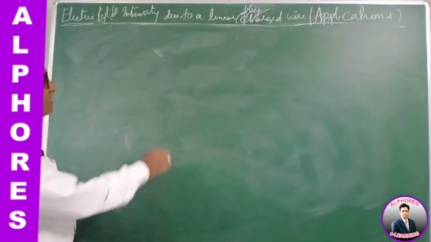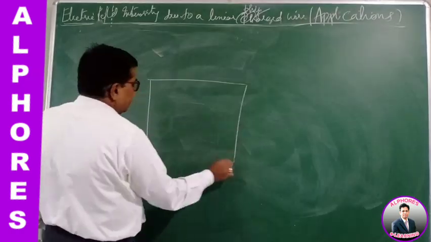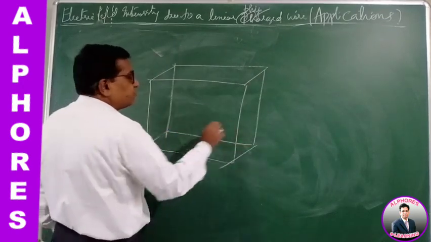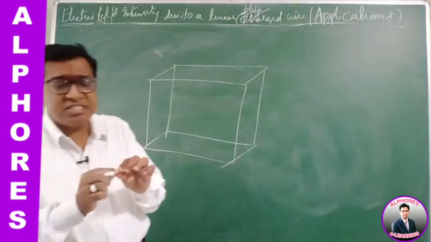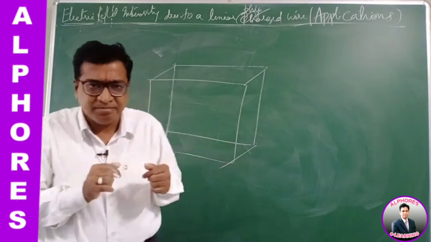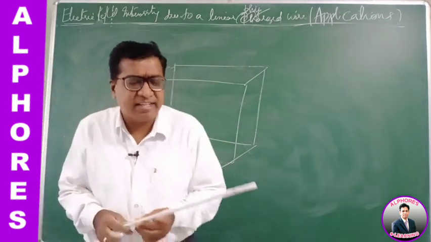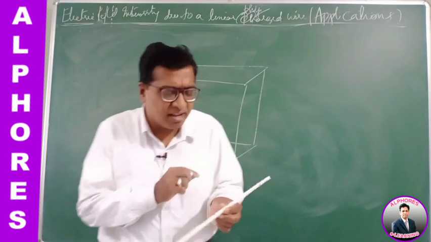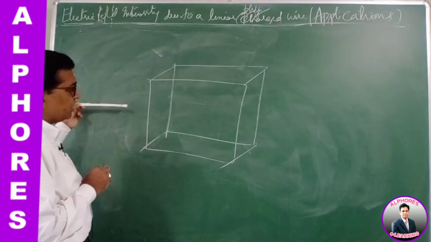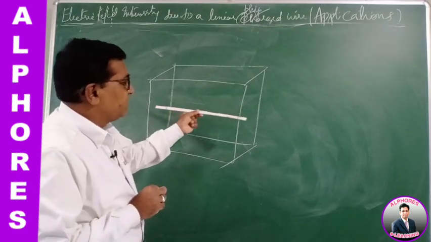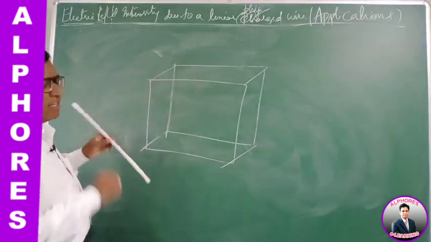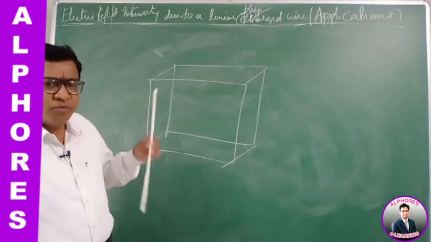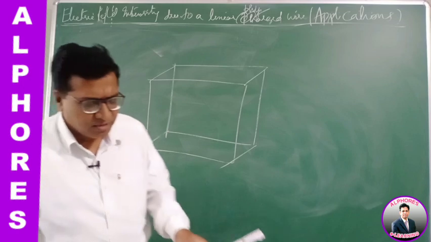In one of the entrance examinations, a theoretical question was asked: a uniformly charged thin glass rod of limited length, with some linear charge density lambda, is made to pass through a cube. The cube is big enough. The length of the conductor is less when compared to the side of the cube.